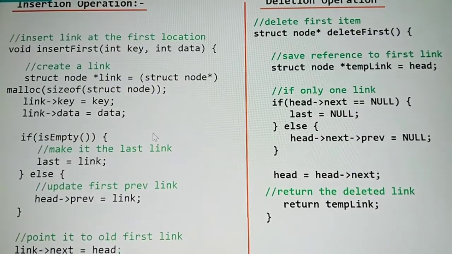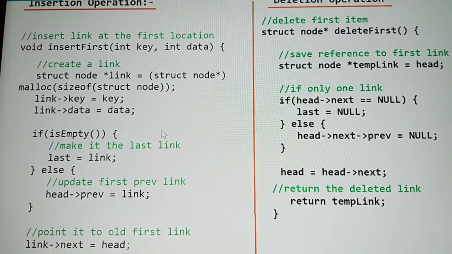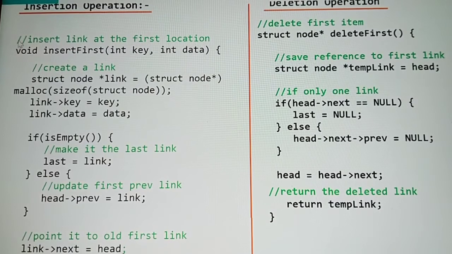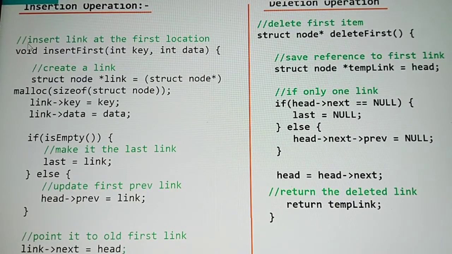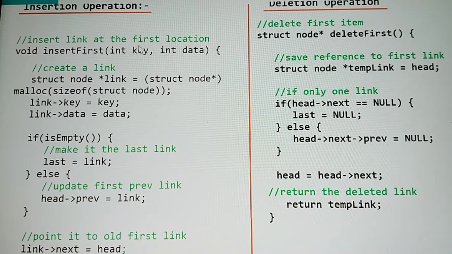So see this code. At first it is written: insert link at the first location. Indentation is the most important thing, so please write indentation for each and every line of code.